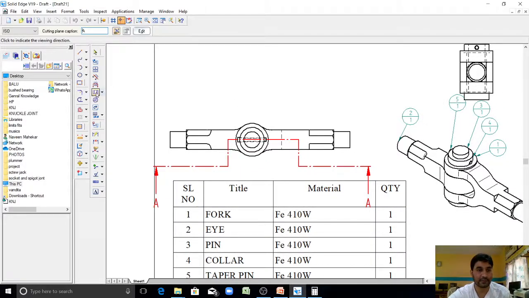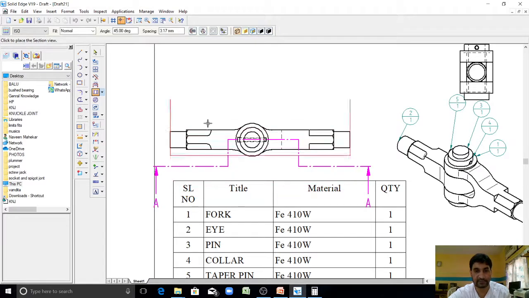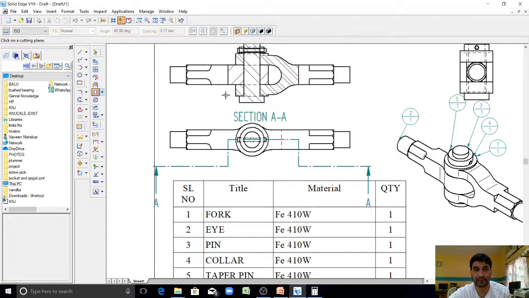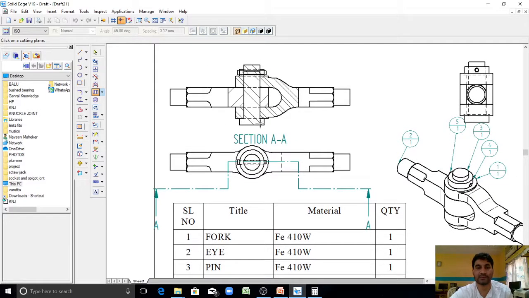Now in order to draw the section view here, it is asking for cutting plane. I'll select this cutting plane and I'll drag towards the top in order to get the front view. This is the section view.